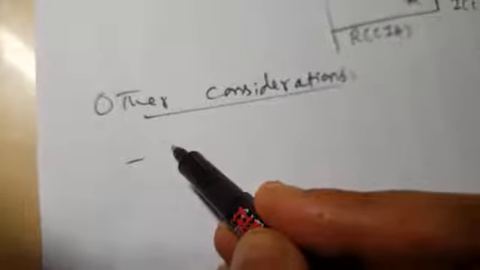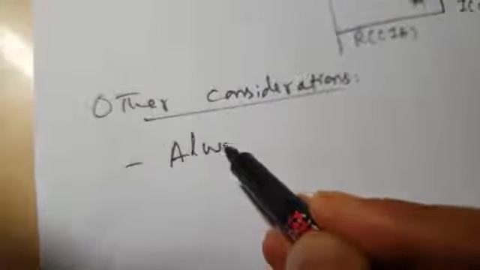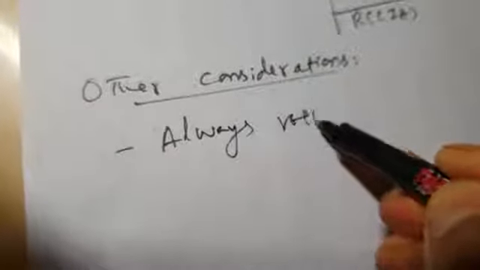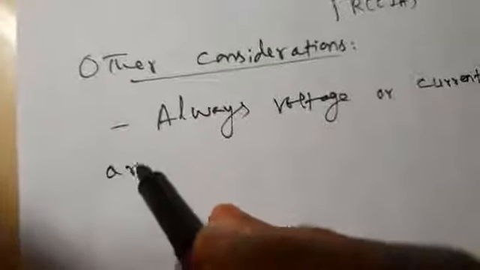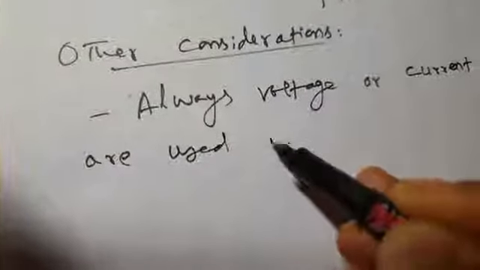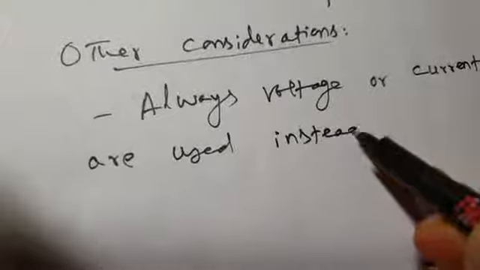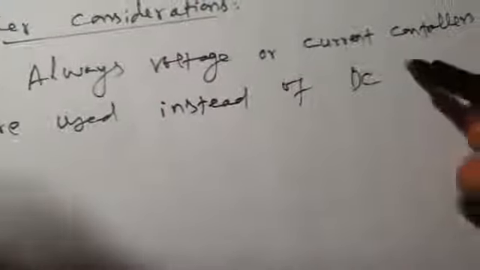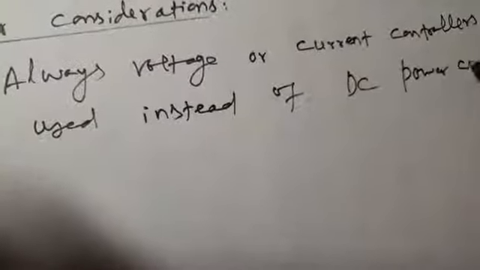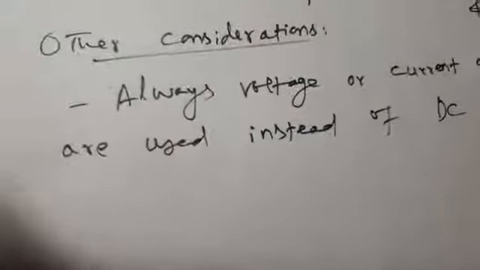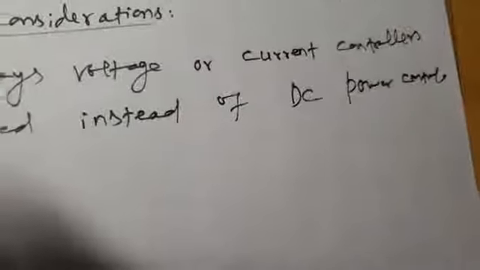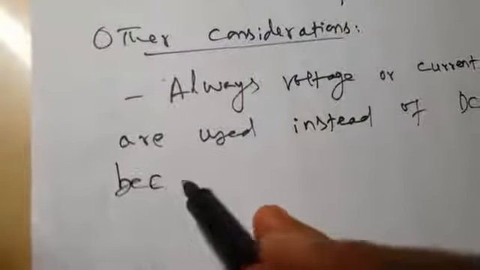Other considerations are: always a voltage controller or current controller is used, instead of DC power control. We don't use DC power control, we use constant voltage control or constant current control because of